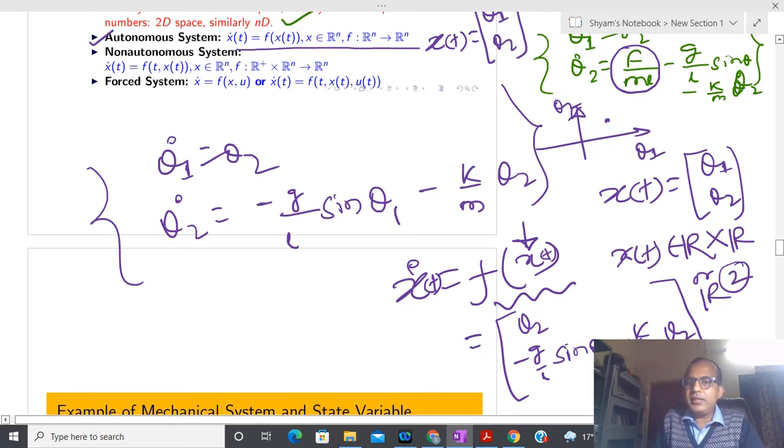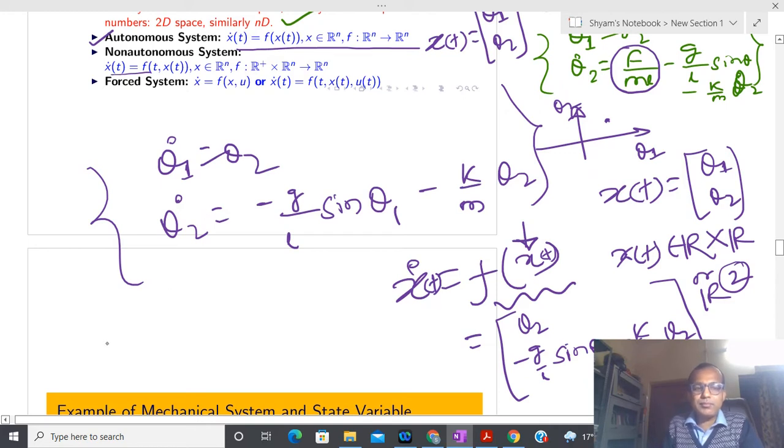So what does it mean? In place of force, if you substitute some kind of function in the form of the state, then again your system acts like an autonomous system. Now try to understand the non-autonomous system. Similarly I can define the non-autonomous system. Could you please differentiate between an autonomous system and a non-autonomous system? What extra thing comes into the picture?